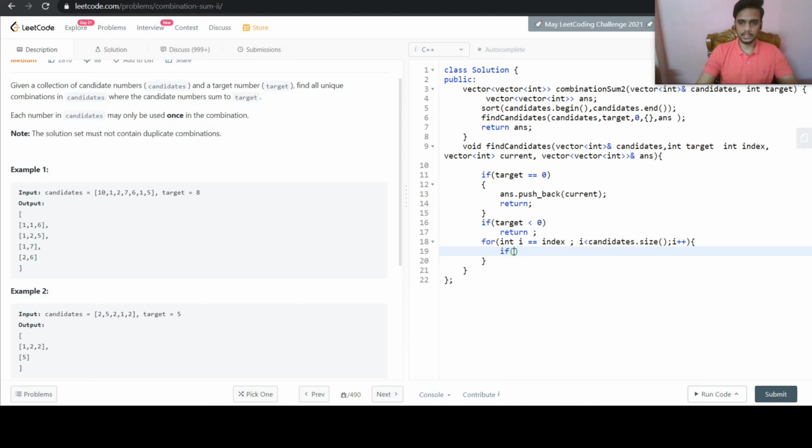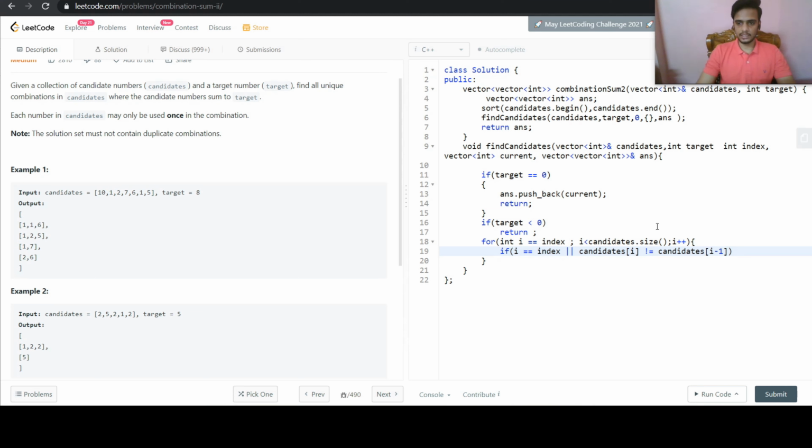So if it is the first index value, or the other condition is candidates of i is not equal to candidates of i minus 1, so that the list of values that we have doesn't become duplicate.